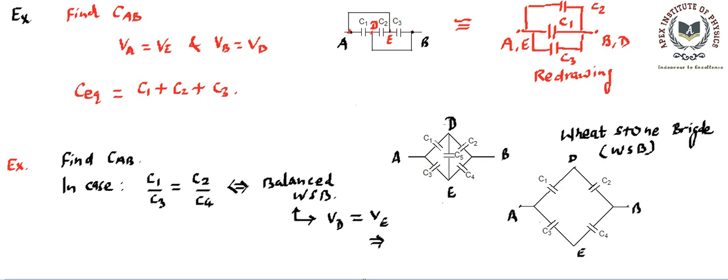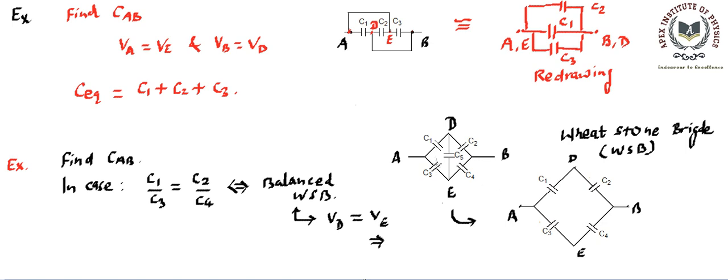Hence the simplified circuit will become this. So this circuit will get converted into this format. Once it is converted into this format, we can easily find out what the equivalent capacitance is going to be between terminals A and B. For that, we will say C1 and C2 are going to be in series. So we can simplify C1 and C2 in series combination. Similarly, we can simplify C3 and C4 in series combination, and after that these two will be in parallel combination. And we know the formulas for series and parallel combinations, right?